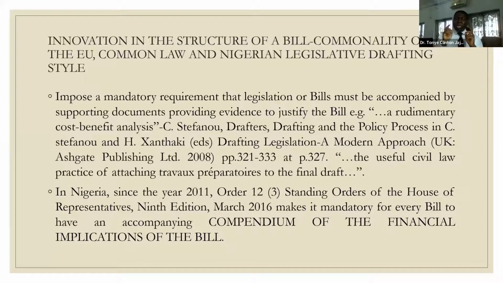Now, I must give you the background in Nigeria. In 2011, we set up a committee to look at why the cost of governance was becoming too much for Nigerians. We found out that we have over 900 federal government agencies, and out of these 900 agencies, only 261 are relevant.